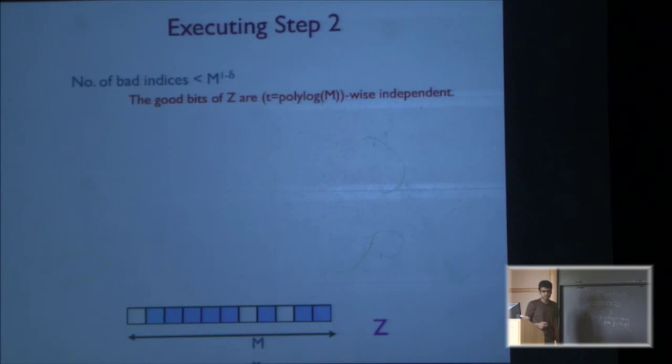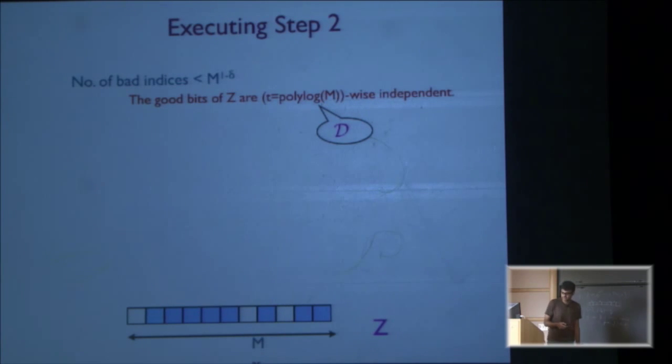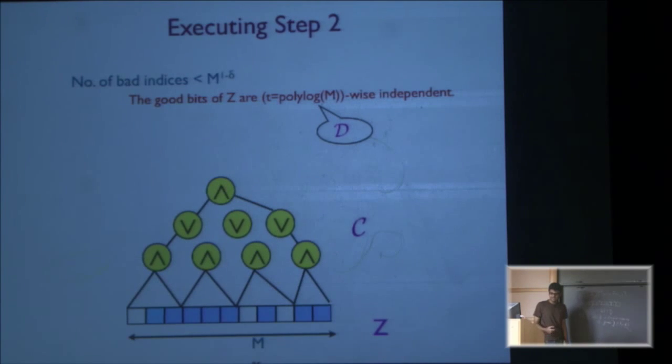All right. So now the blue bits correspond to the good bits, which are t-wise independent, and the white bits are the bad bits, which may depend arbitrarily on the good bits. Because if they do not depend on the good bits, we could just take parity, right? And let D be the t-wise independent distribution on the good bits. So our idea is to construct a function, maybe a circuit C, which outputs one bit and is almost balanced for all such sources Z, which is essentially an extractor.